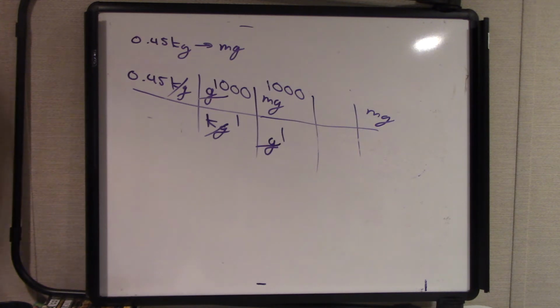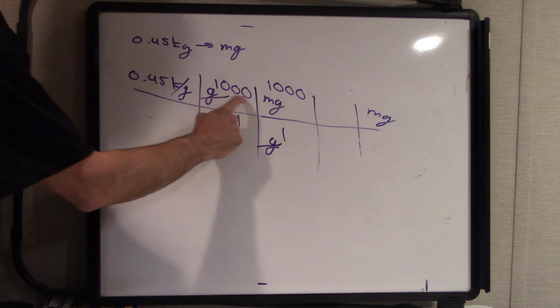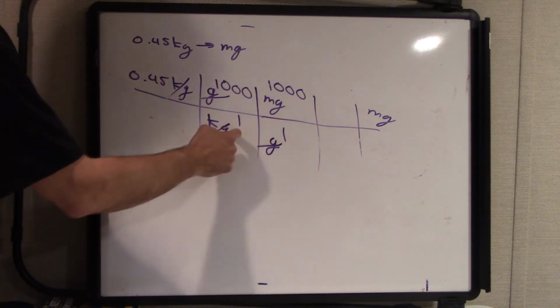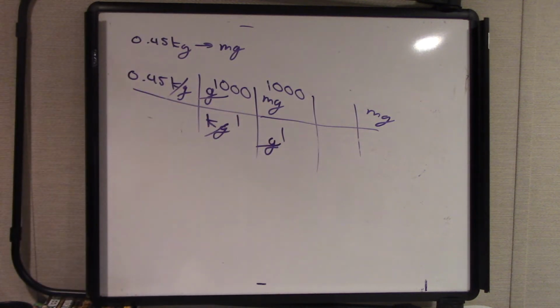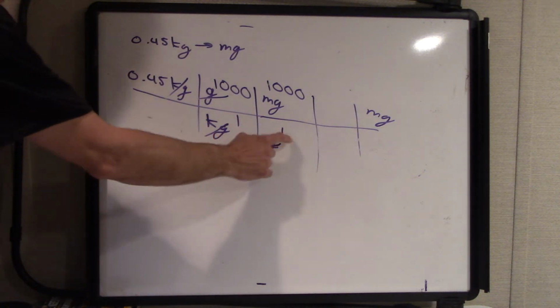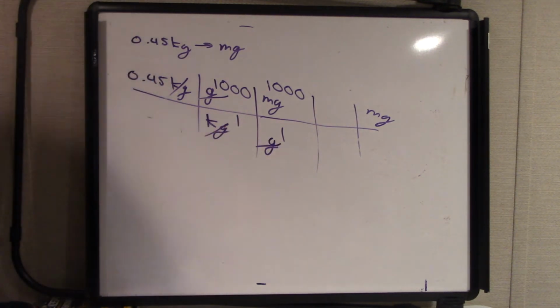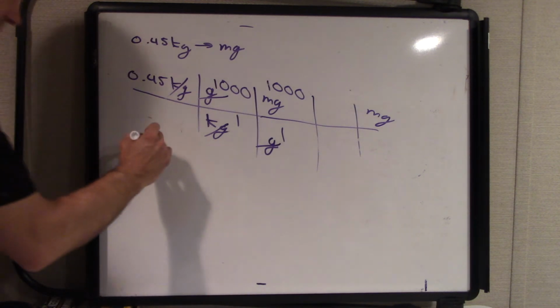So to actually get the numerical value for this, we'd go 0.45 times 1,000 times 1,000 divided by 1 divided by 1. You don't really have to do the divide by 1. That's not going to change the number. But if you did have actual values here that weren't 1, you would just divide by those. So when you go through that, what you would get would be